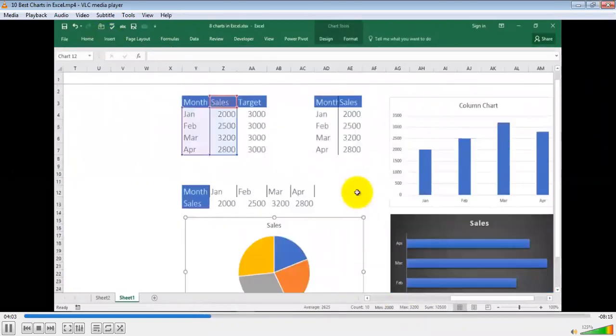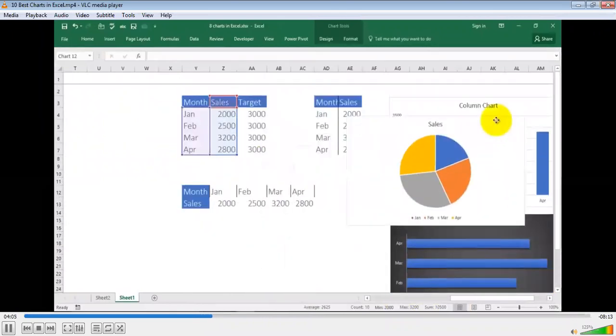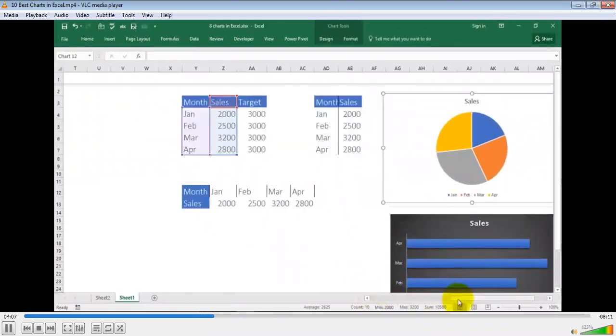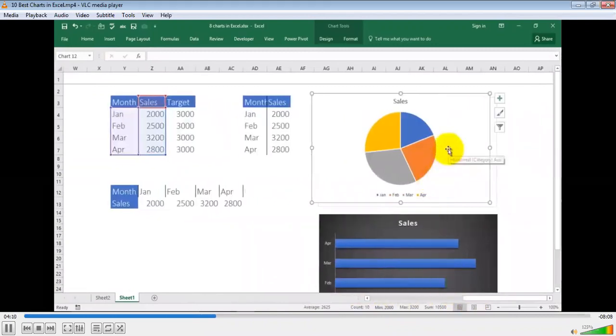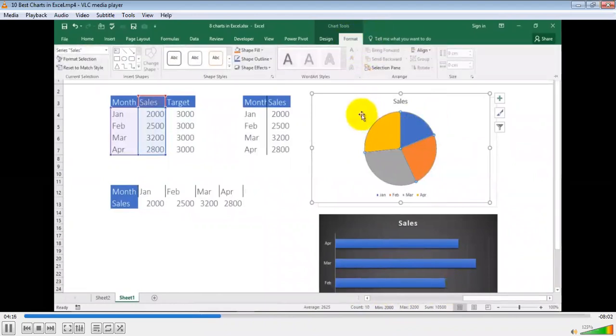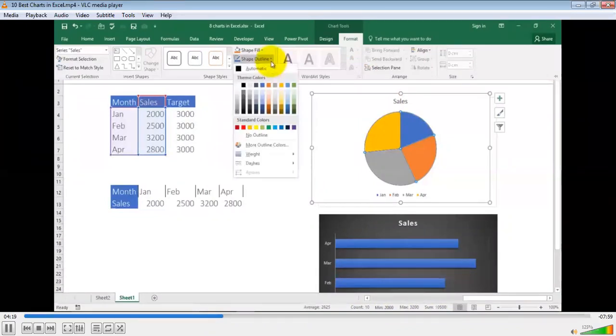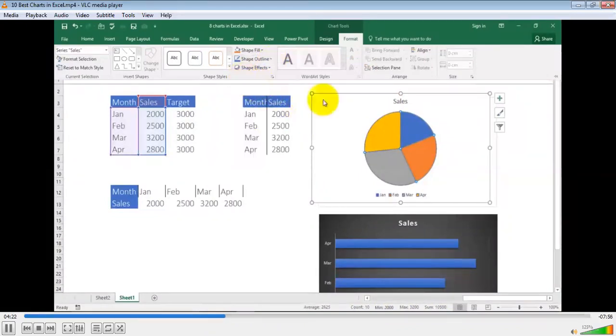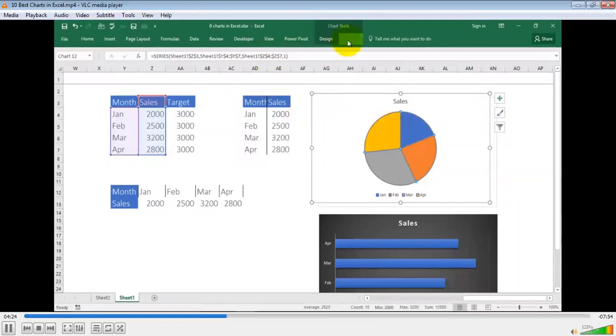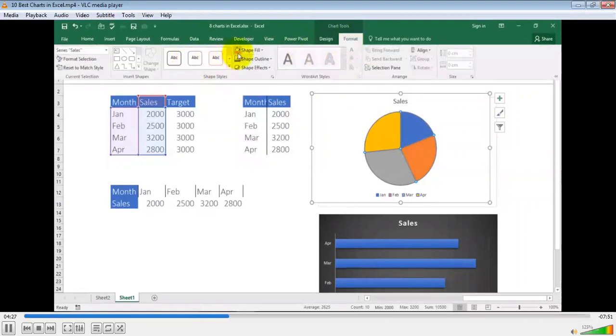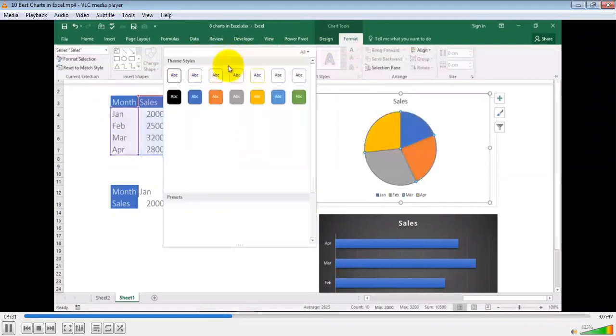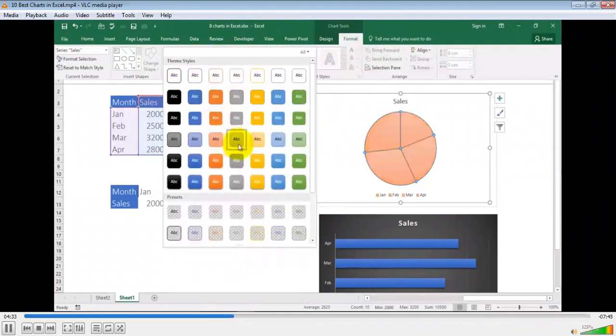See? Well, I can go on and keep on piling them over here. So this is your pie chart. Now in the pie chart, I'll tell you a trick. Go to format, and from here you can go ahead and choose various colors to fill the shapes. Whatever you have selected, you can format your chart from here. See, what colors do you want in here? You can choose them from here.